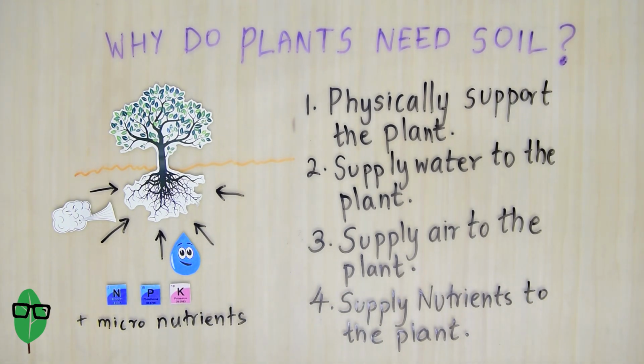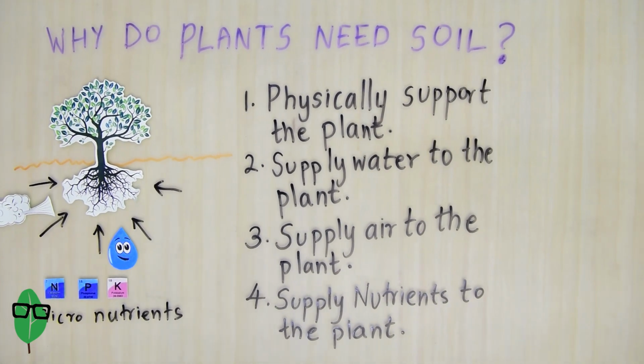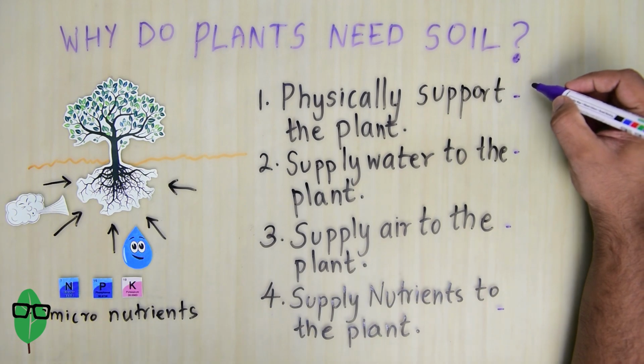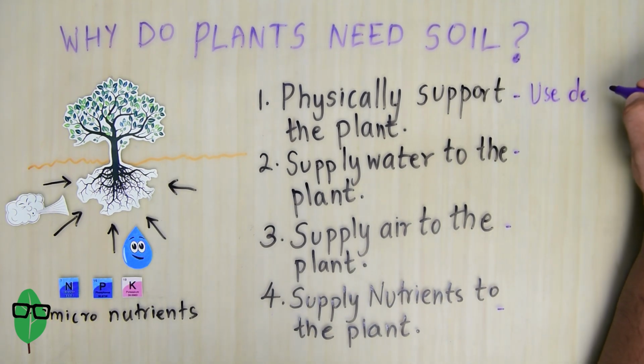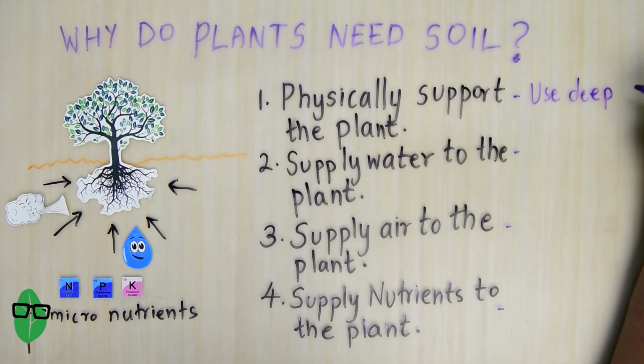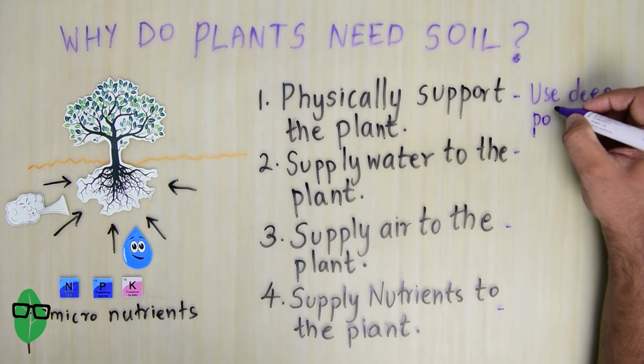Before moving on, let us also look at how these points, though they seem theoretical in nature, have a very practical implication. Sometimes beginners forget to factor that soil needs to support a plant. A top-heavy plant cannot be potted in a very shallow pot. It needs to be potted in a pot that gives it enough physical support.